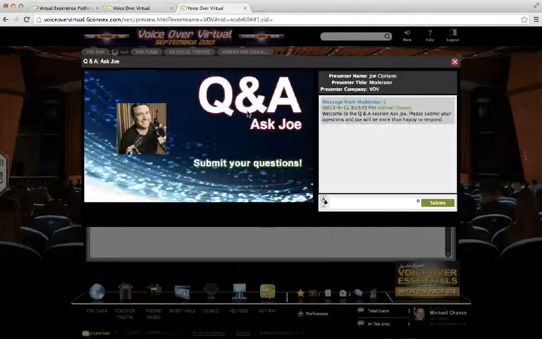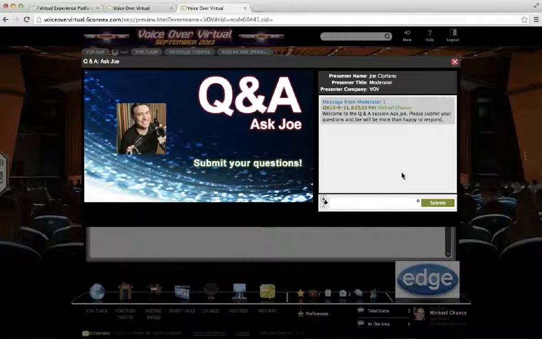And once you do, you'll be able to see the Q&A screen here on the left, which is a static graphic that encourages users to submit questions. And they can submit questions here. Once they hit enter, they'll be able to submit that. And then the moderator receives it on another console, which I'll show you how to access in just a moment. So you'll be receiving multiple questions from attendees, and you can answer them, and they receive it through text,